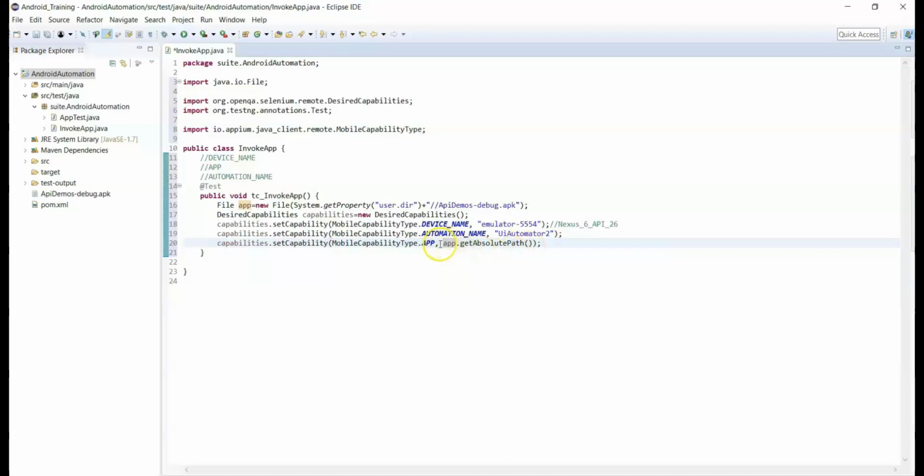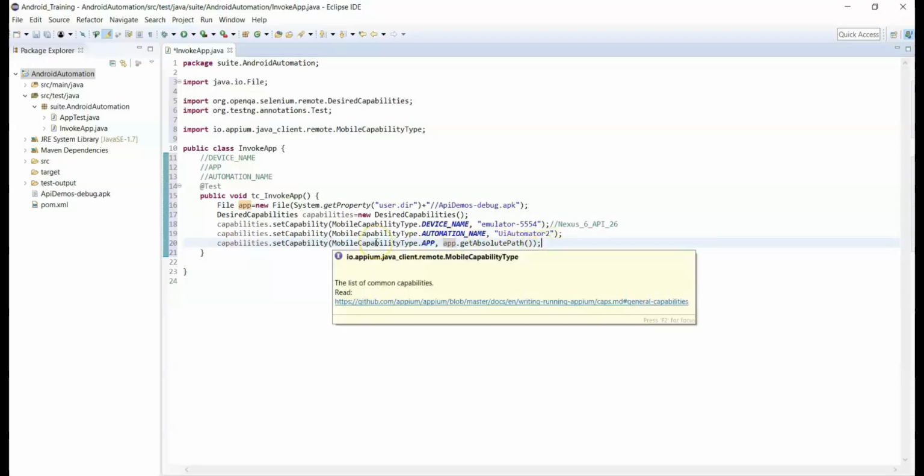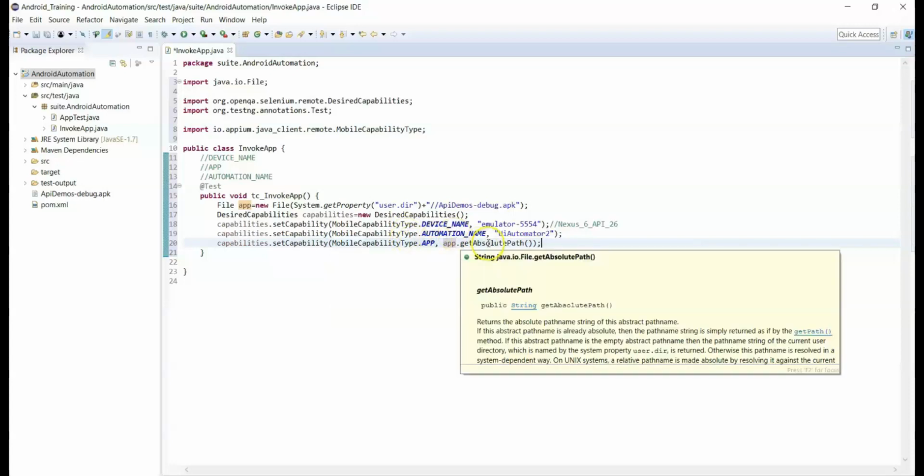So instead of hard coding the path directly from here, because if the project is copied to another system, or if you hard code the path like C users, your username, something, and if you copy this project into another team member's machine, then it won't work, because the path may not be the same in other systems.